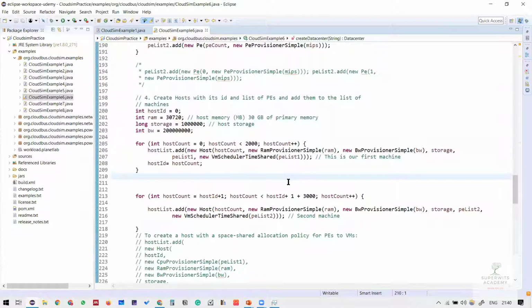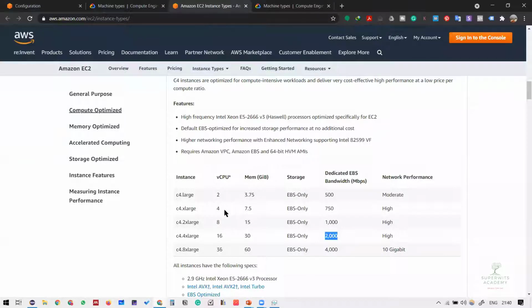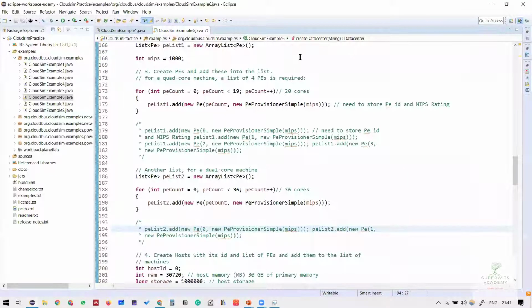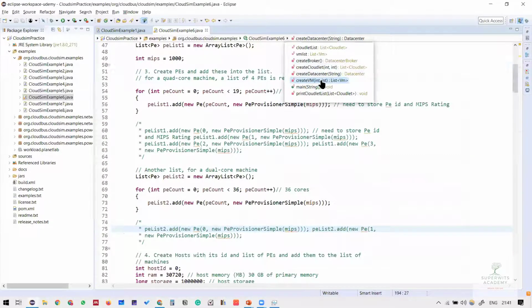So this is only what I did for the hardware part. I just reduced it to small numbers so that we can have other demos for this particular work. So I reduce it to, let's say, 3 and 5, right? So 5 are there. So this is what we have with respect to the host. Now let me take you to the instances. So these are the virtual instances we are talking about. So VMs. Let's say we are talking about C4 large, 2 vCPUs, 3.5 GB of RAM, and some dedicated configuration for this. So let me take you to the create VM method.